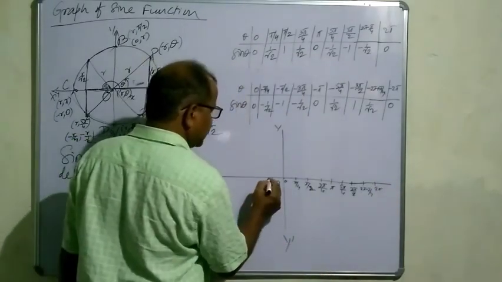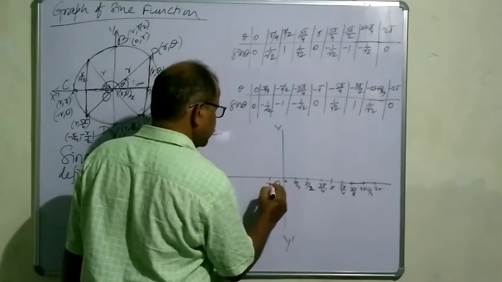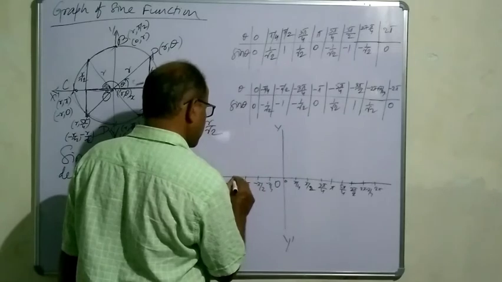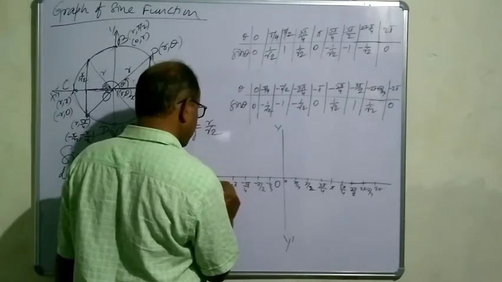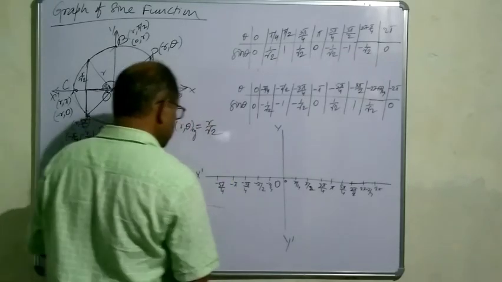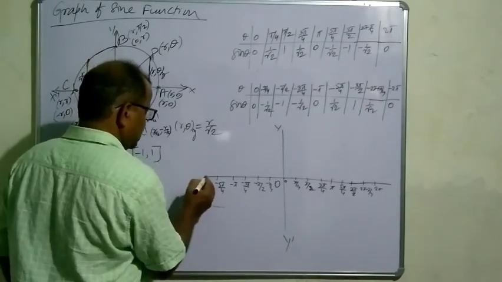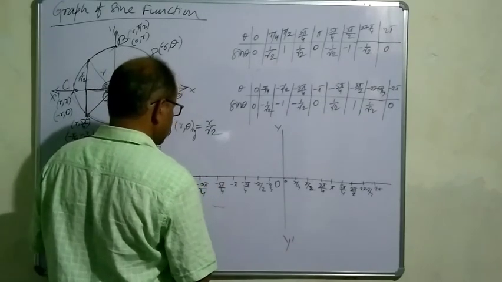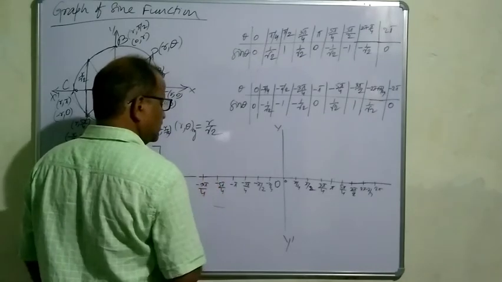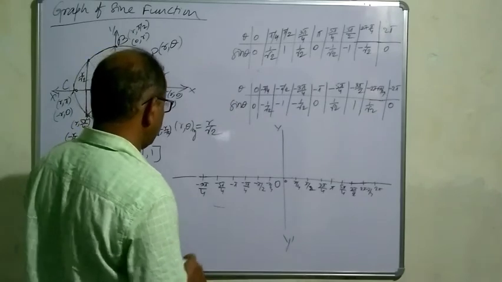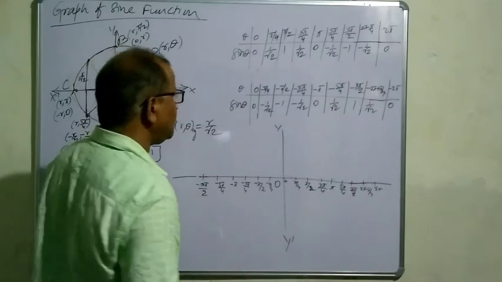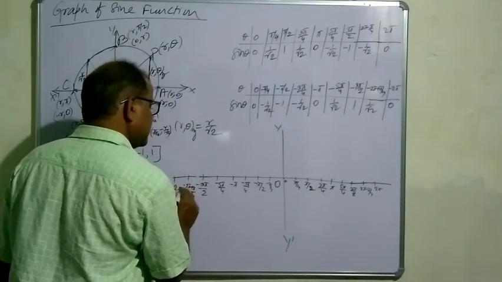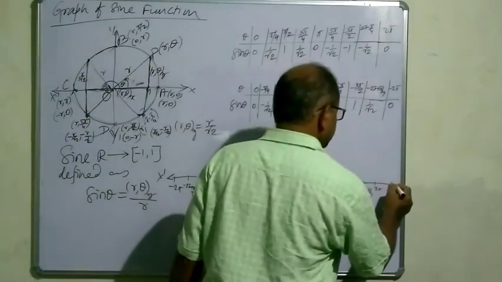In the left side also it will be like this, yes, minus pi by 4, minus pi by 2, minus 3 pi by 4, minus pi, minus 5 pi by 4, minus 3 pi by 2, sorry, the gap should be equal, minus 3 pi by 2, minus 2 pi plus pi by 4, and it is minus 2 pi, right? It is x dash and it is s.